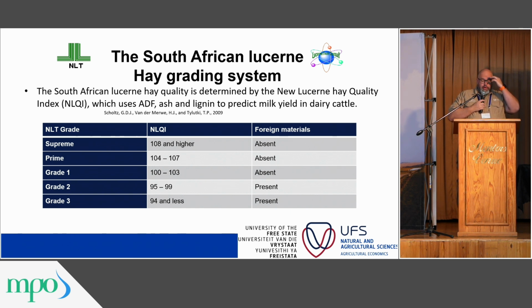Now, like I said, there are various different ways of determining the value of hay. It can either be a single parameter, or it can be an equation or a group of parameters. So Dr. Scholes contributed to the field of knowledge. He set up the NLQI, the New Lucerne Quality Index, to determine the quality of the Lucerne, and it was based on milk yield in dairy cows. So he did animal science work